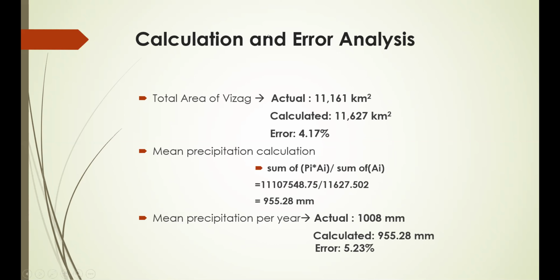Okay, sir. You can look at the data from the past. I can guarantee you there will not be a single year where you received exactly 1008. It's very unlikely. So there's no error as such. The area I can understand: actual area is something, and you estimated the area using your approach and got something slightly lower or higher. That is an error. But this one is not an error. All right, thanks, Yashwanti. Who's going next?